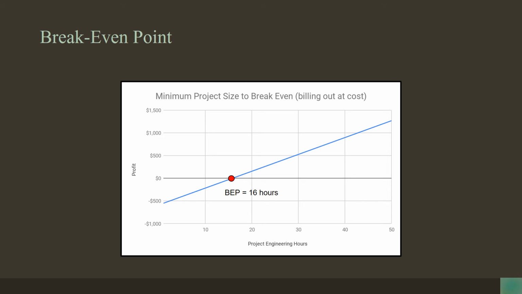So this is Mark Jones. We'll be talking about the break-even point for a minimum project size to break even if we build this out at cost, so that's at cost for the engineering and drafting hours. For any project at IKE, the project needs to be 16 hours; anything below that, the company would take a loss, and anything above that would be at profit. So when searching for projects and bidding out, we would want to search for ones that are above 16 hours or cost them or invoice them accordingly.